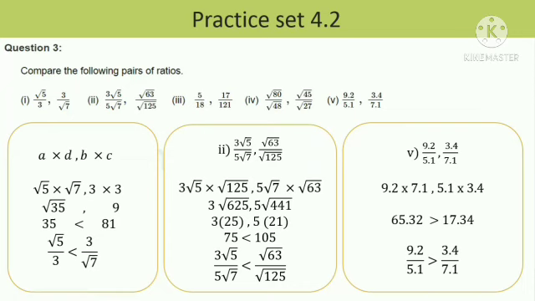Okay, it's very easy, we just have to do the cross multiplication, and always remember that the a into d part, means 9.2 into 7.1, we are always going to write first in the LHS part, and after that we are going to write b into c. Then only you will get the correct answer. Otherwise apply the LCM method directly.